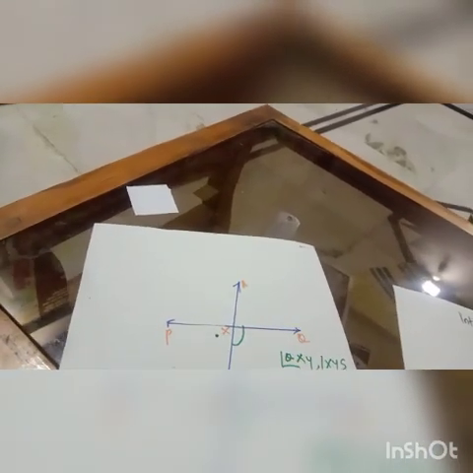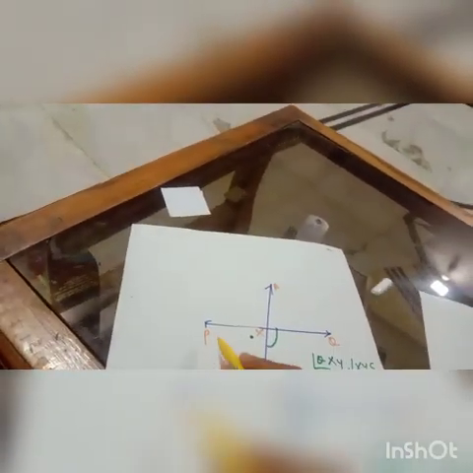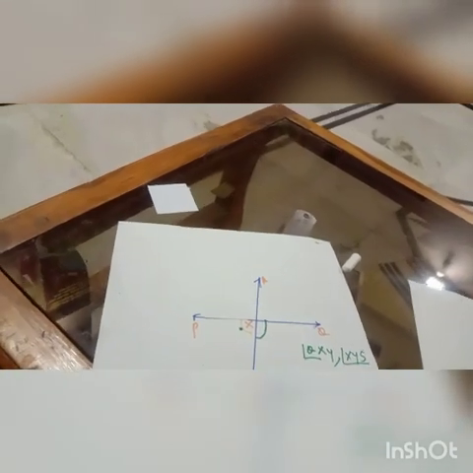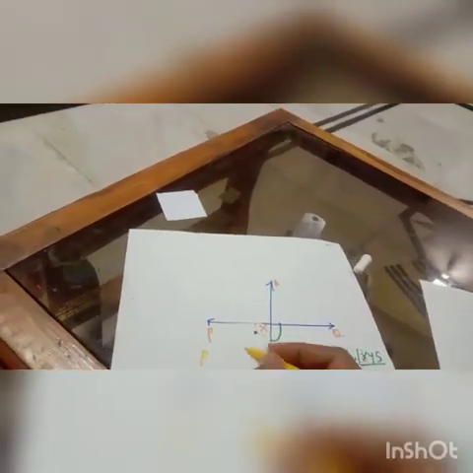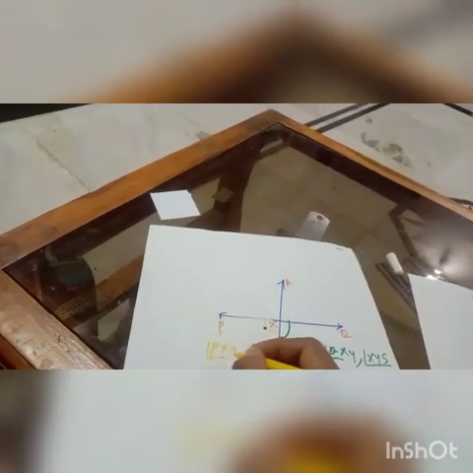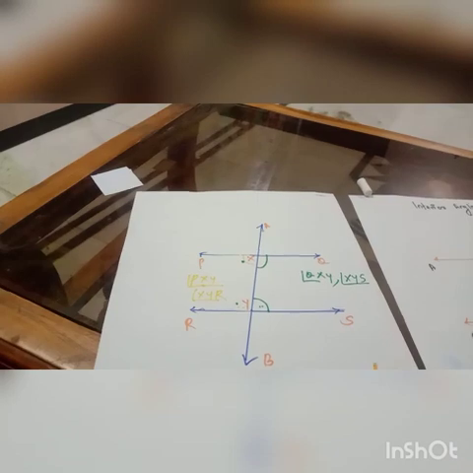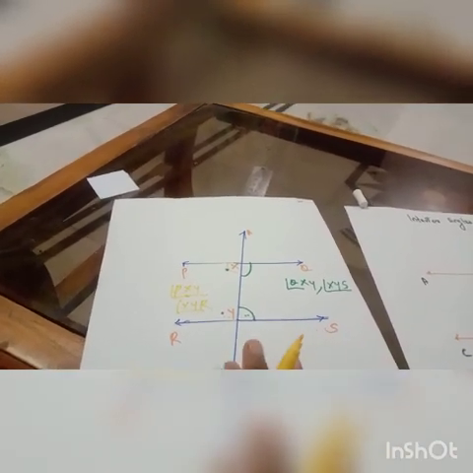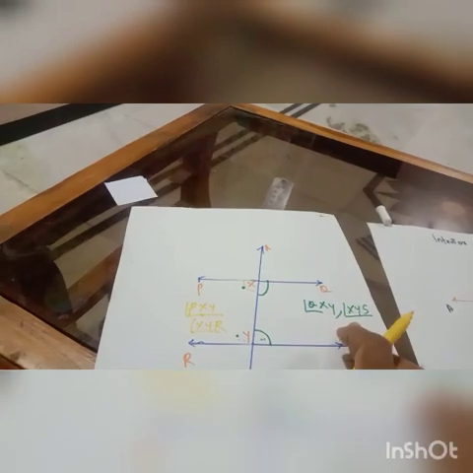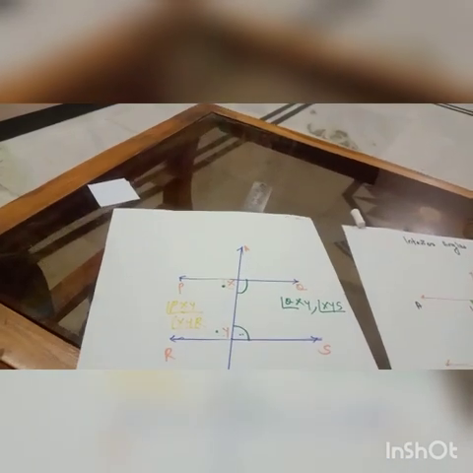I am writing on the right side. On the left side, how can I write? You see, on the left side, this one: how can I write this interior angle? P, X, Y. And then this interior angle at Y, how can I write? X, Y, R. Yes, X, Y, R. This is how to write the interior angles. Two pairs of interior angles are there: this one on the right side and this one on the left side.